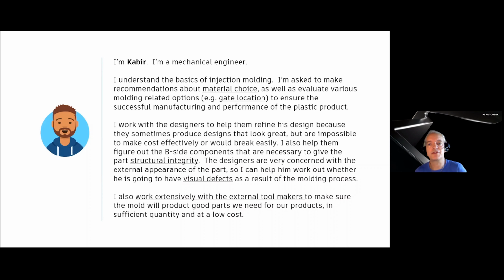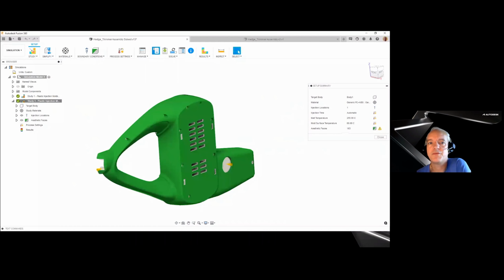Also, because he works very closely with the designers, we expect this person to need to answer some questions around position of weld lines and defects like sink marks on the parts, whether or not they exist and what to do about them. Like I said, we expect this person to sit between the designer and the tool maker and have a lot of interaction with this side of the industry as well. So Tim, maybe this is a good point to go into the software and see what it does today.